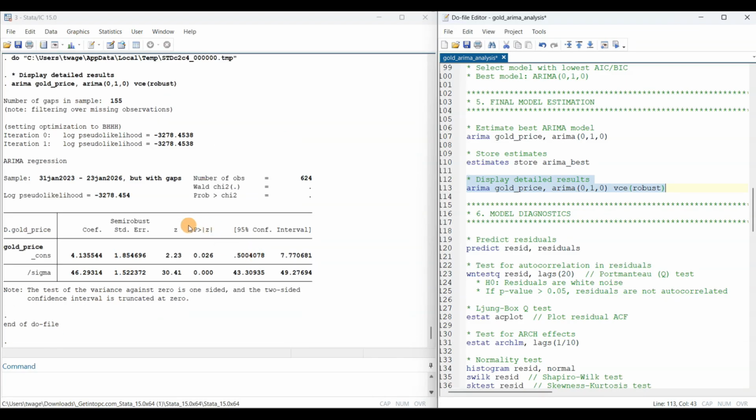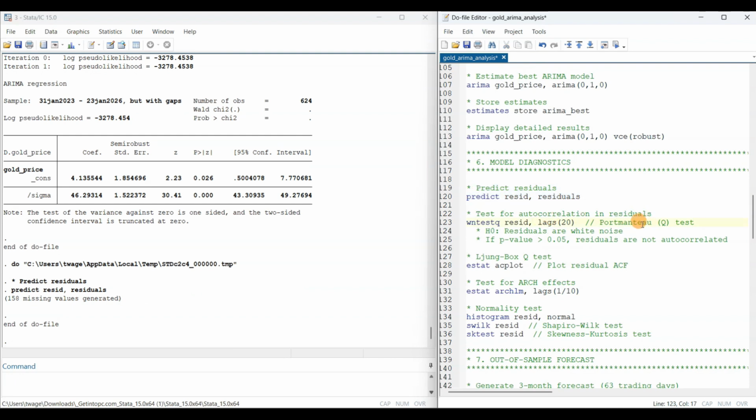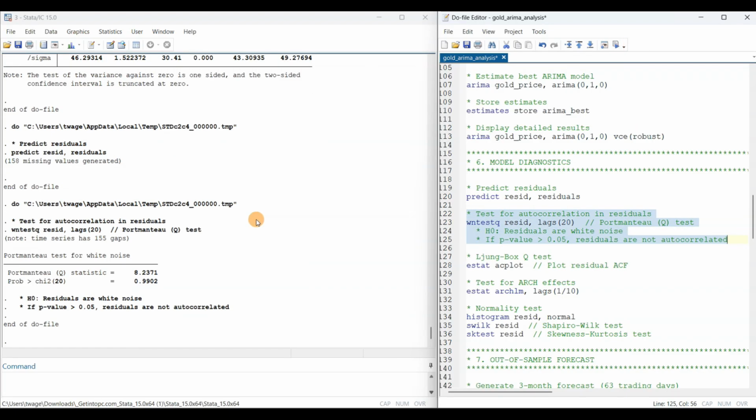And now we can predict the residual. After predicting the residual, we can run the autocorrelation tests. Let us interpret the autocorrelation. The null hypothesis is saying the residual is white noise. The residual is white noise. If our residual is white noise,